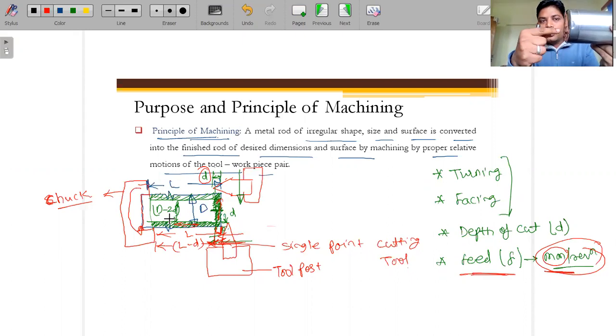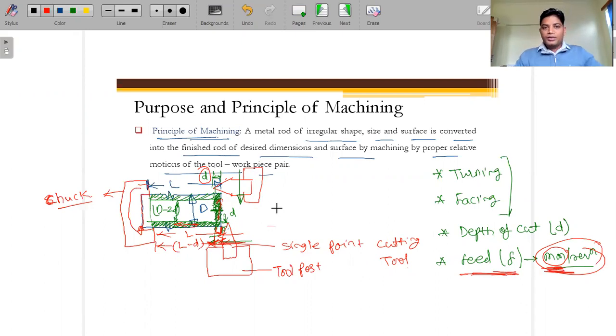Okay, so one revolution, from here I have started. When it rotates completely, for example where there is some notch, from here we have started, and when it rotates like this and comes back to this, that is one revolution. During this one revolution, if you see this tool, at zero time it was here, and it has moved up to this one. So this 1 mm is removed during one revolution. That's why I have written mm per revolution. This feed is considered for the lathe operation, in mm per revolution.